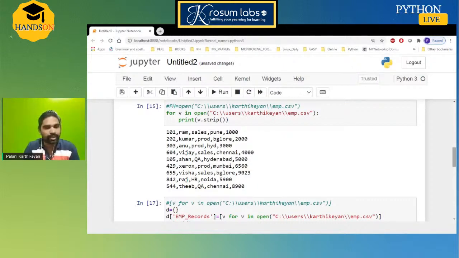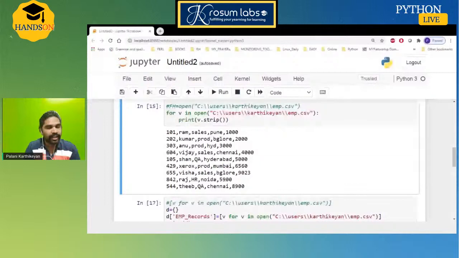I want to split employee ID, employee name, or employee name, employee working city, or employee name, employee cost, or sales. I want to filter only the sales employees. I want to filter sales employee name and sales employee cost. So like this, how to handle and how to split with multiple operations.